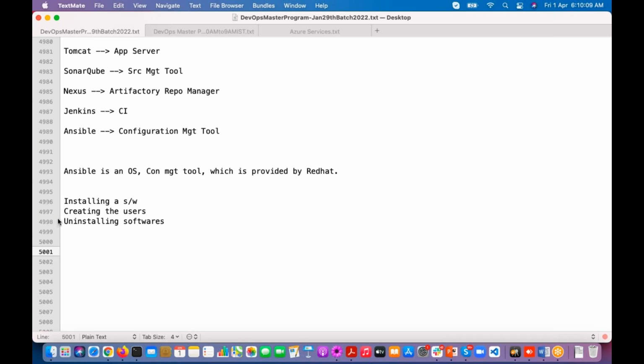But if you know Ansible, we can automate that. So whoever is working as a Linux administrator, Ansible is a very relevant tool for them. Many people ask me, sir, are you teaching Ansible? The Linux administrators want only Ansible. Yes, we are teaching. Some guys are learning only Ansible.